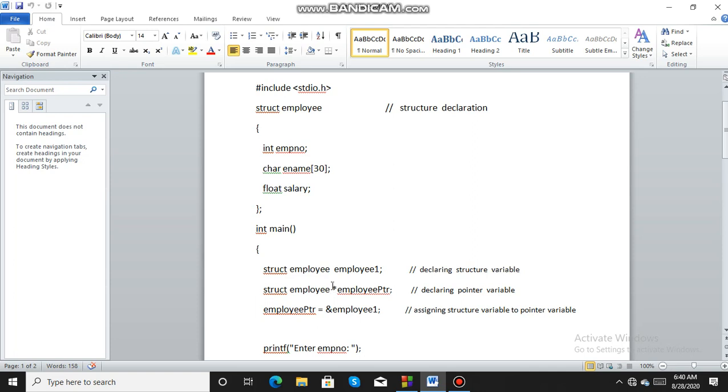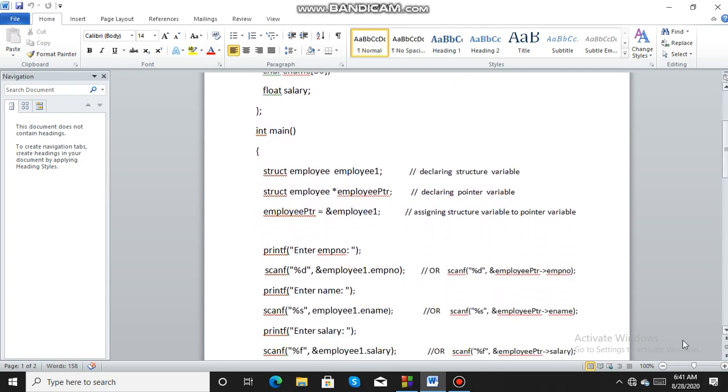Then you can access the members through a pointer also. For that you have to declare a pointer variable. So employeePtr is a pointer variable. Whenever you declare a pointer variable, you have to put a star in front of it. So employeePtr is a pointer variable of type struct employee. This pointer will hold the address of the employee structure.